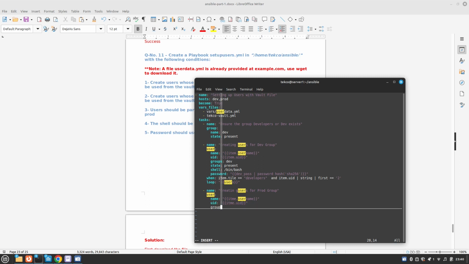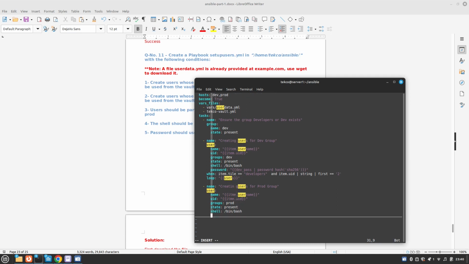And groups for this, the supplemental group is prod, state is present, shell is /bin/bash, and password,